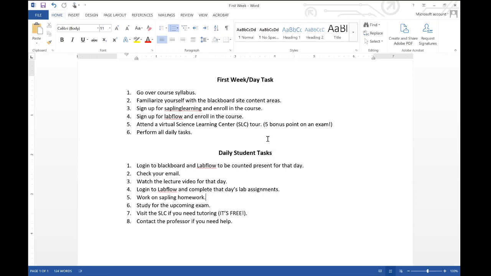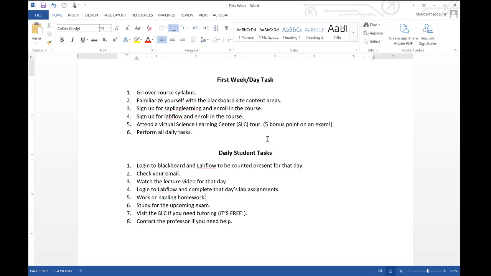But if for some reason you were used to going to see one of them, you can probably still do that. I don't know for sure. But if that's something any of you are interested in, please email me and I will find that information out for you. That hasn't been brought up, so I'm not quite sure if it still applies. But I know during a normal semester, you could go to any SLC on any campus that you wanted to. So if you are interested in that, just let me know.